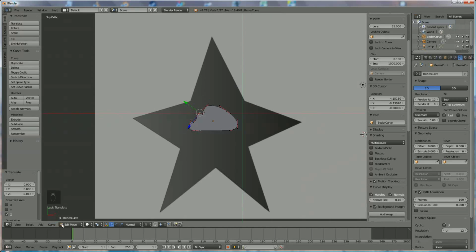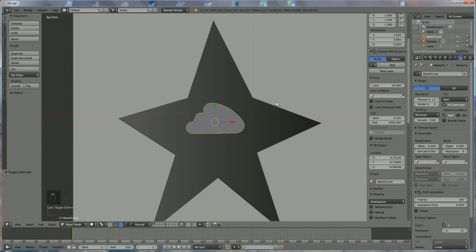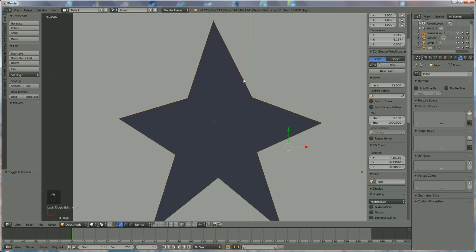Now go back to object mode. We have two shapes already. This is the first one which we're going to cut out of the logo, and that's the logo one. So select the cutout, then hold down the shift button, select the logo. Okay, now